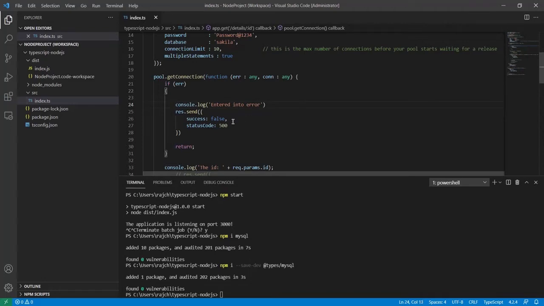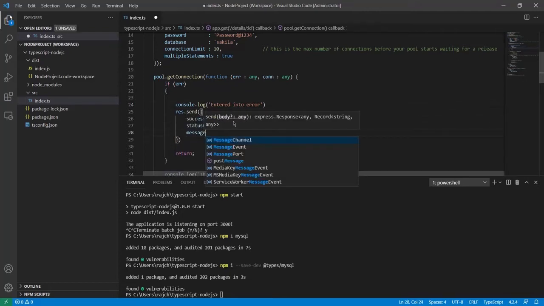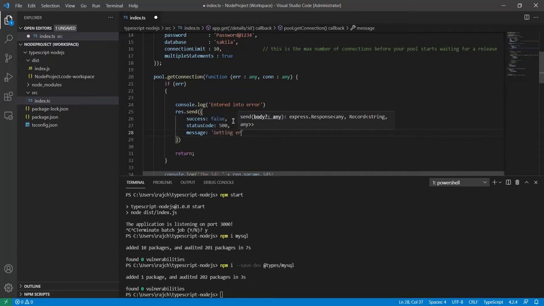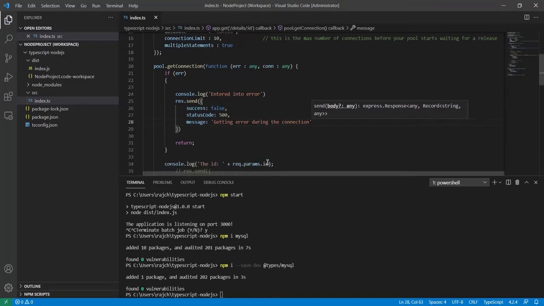Or we can also write a message here, like the message will be "getting error during the connection." So if there is any error, then it will come to this error, the code will return from here, and this will be the response.